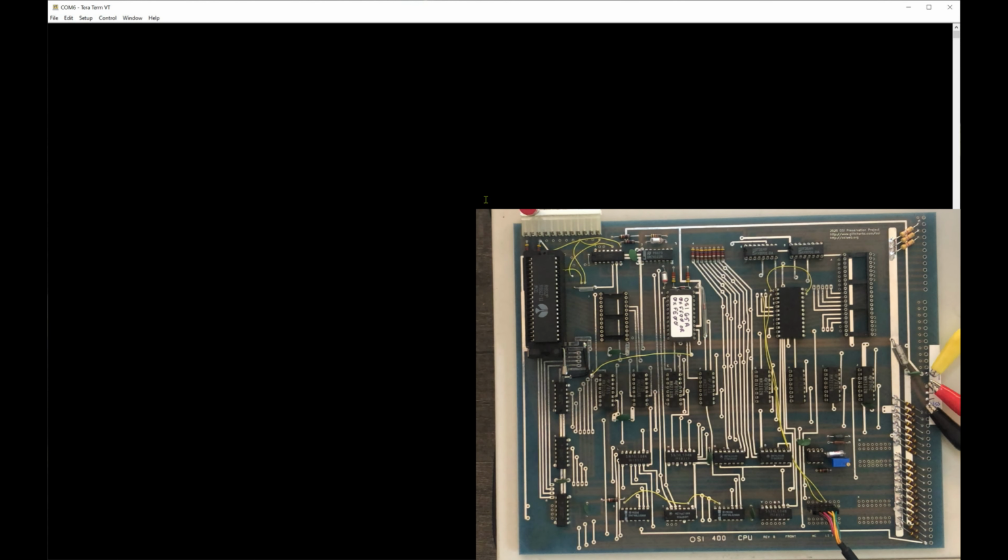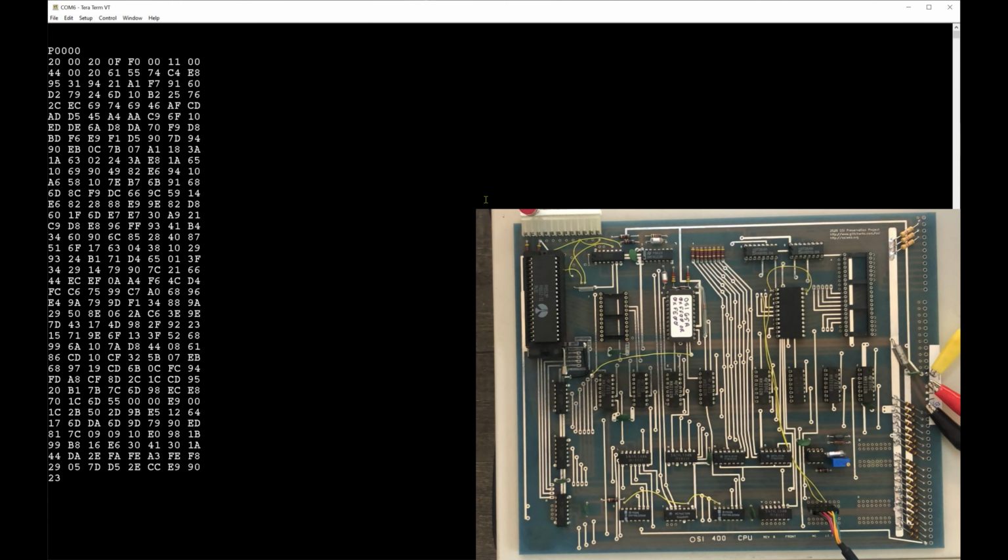Oh, it is powered up. Okay, I've already got the power on, didn't realize it. Let me reset it. We saw a single carriage return happen over on the terminal screen. I can hit capital M now. It likes to be in caps lock to go to the monitor, and then we can do things like